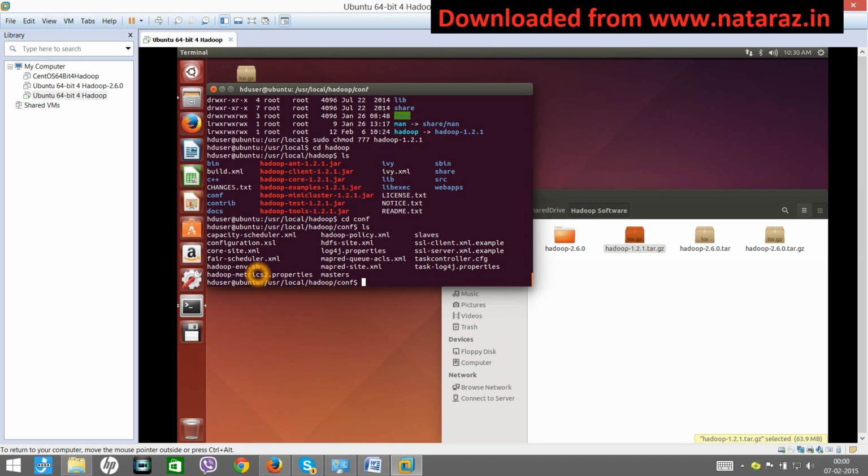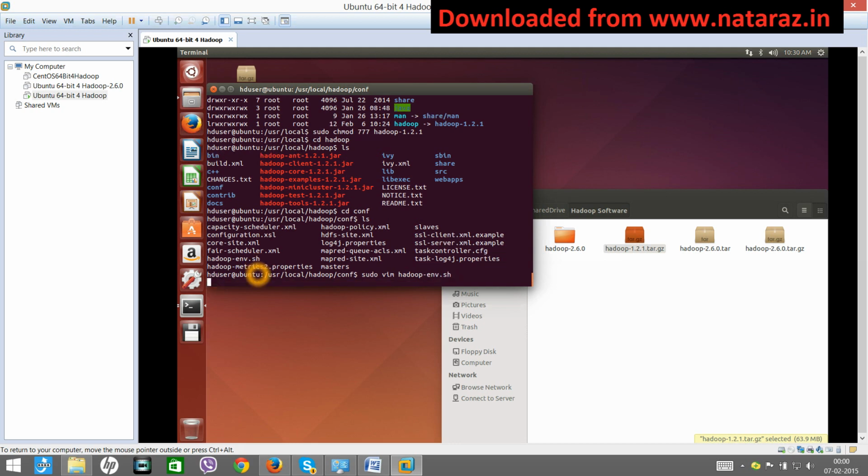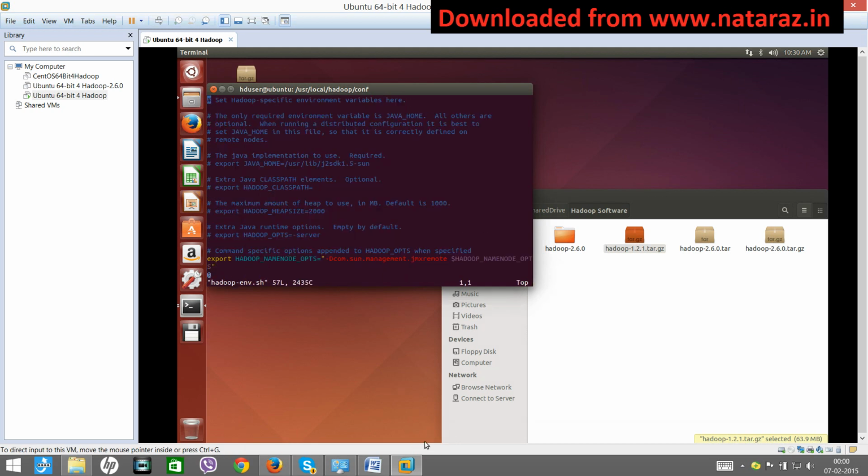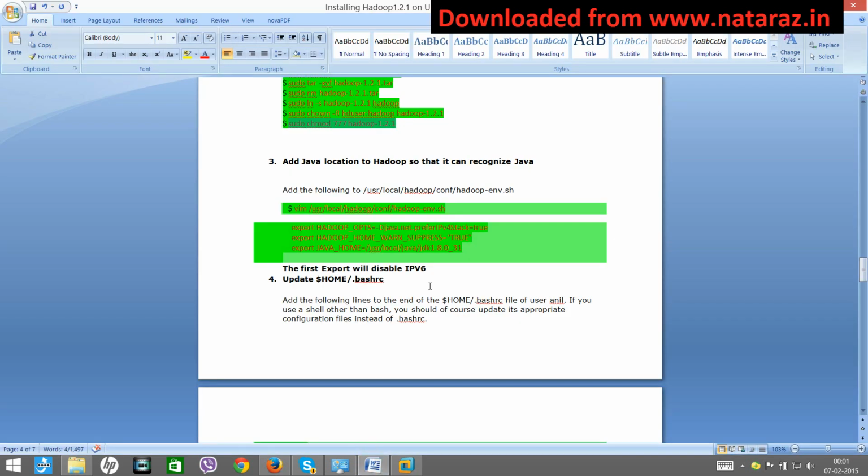Okay, so, not cd, sorry, I say sudo vim hadoop-env.sh. Enter. Now we paste this piece of code. Export. Copy this. Now this first export is also to disable IPv6. So if you followed that earlier step, then you can ignore this, or you can include this also, no problem. Copy this.